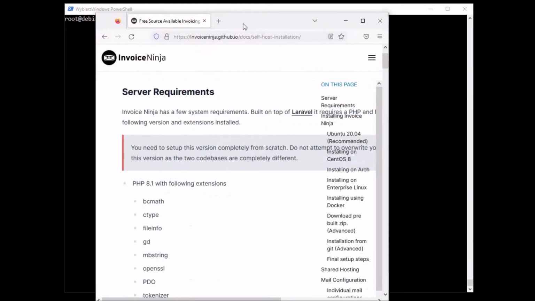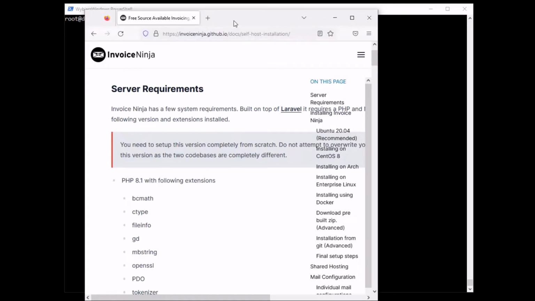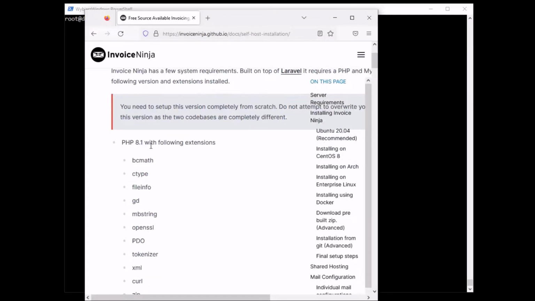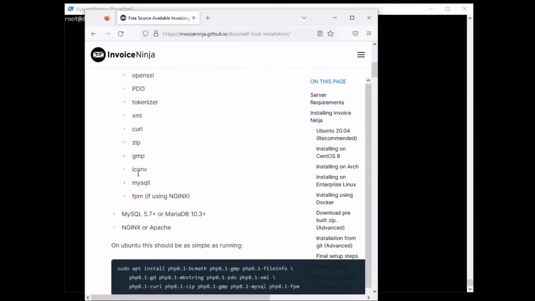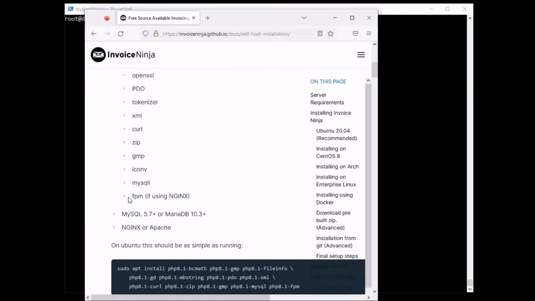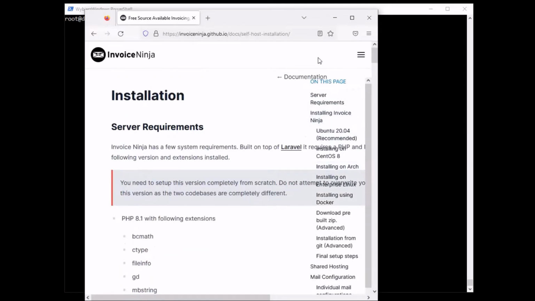Let's check. Invoice Ninja server requirements: PHP 8.1 with the following extensions. Here you have all the extensions that need to be installed as well, and of course FPM if you're using Nginx, which we will also be using, MySQL with MariaDB, of course Nginx or Apache. So yeah,